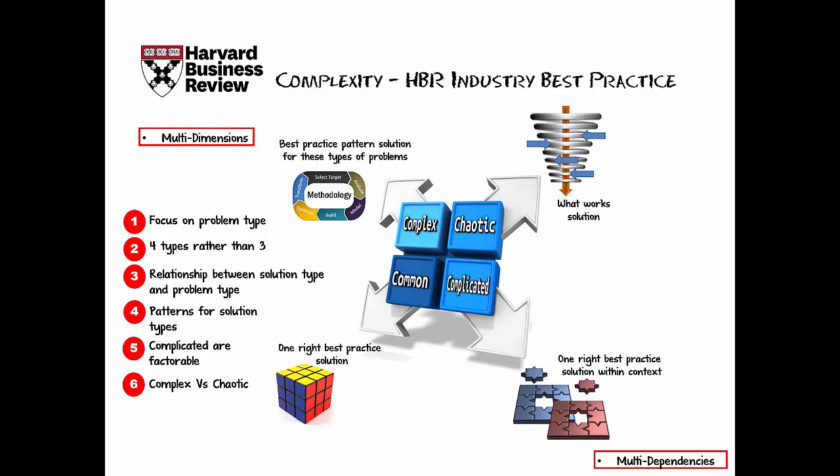The way the industry breaks it up is complicated problems versus a complex problem. A complex problem is a multidimensional problem. We tend to treat so many problems as if they're only two-dimensional, and really they are three-dimensional. And I actually think that we're going to see a whole lot of problems in the future moving from the complicated to the complex world, only because we start to really recognize that problems have more dimensions than we're